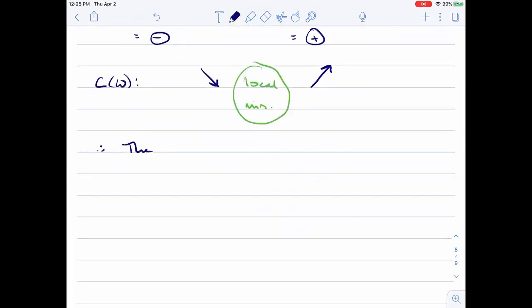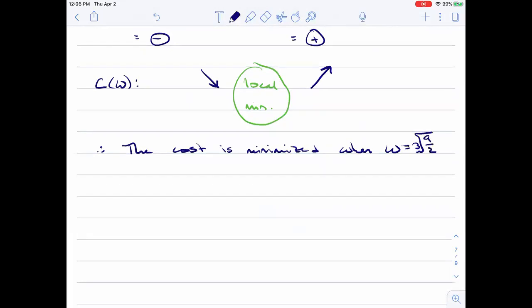Therefore, the cost is minimized when W is the third root of 9 over 2,